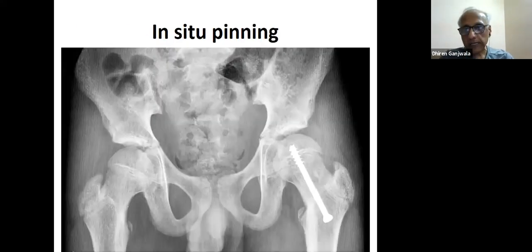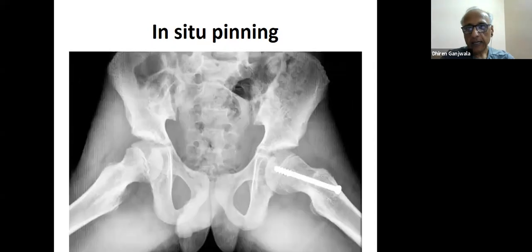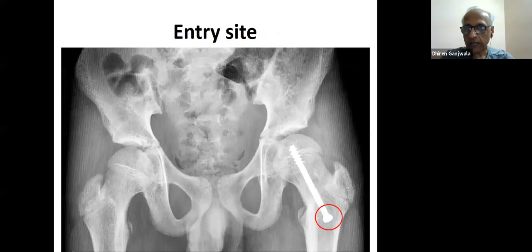Okay, so this is how the in situ pinning was carried out. We are going to have 2 questions on that. Next slide, please. This is a frog leg lateral view. Please note that here you see that the reduction is achieved. It was not attempted. As soon as the limb was tied to the fracture table, the reduction took place. In situ pinning was the aim, but reduction took place when the limb was tied to the fracture table. No internal rotation was achieved or carried out purposefully.